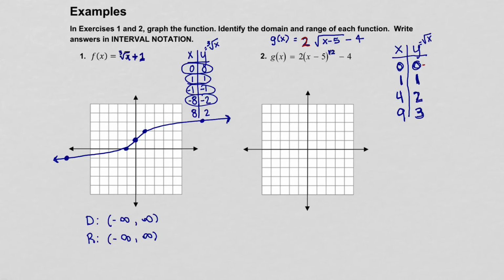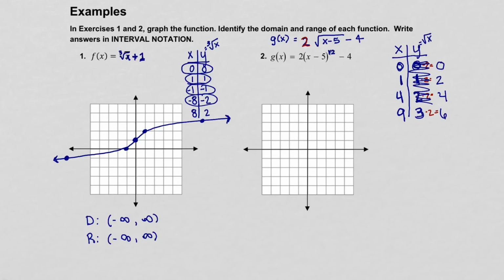So I'm going to multiply each of my y values by 2, and that's going to give me that stretch number. So 0 times 2 is 0, 1 times 2 is 2, 2 times 2 is 4, 3 times 2 is 6. So my new coordinates,